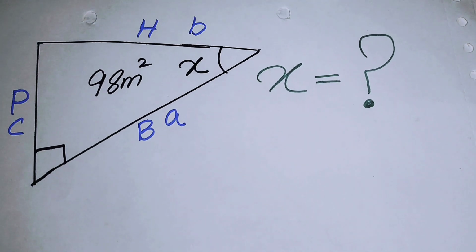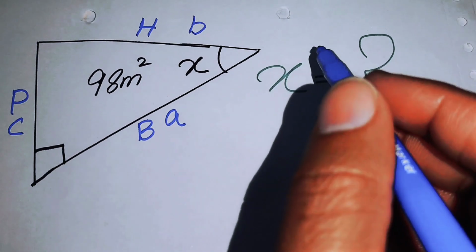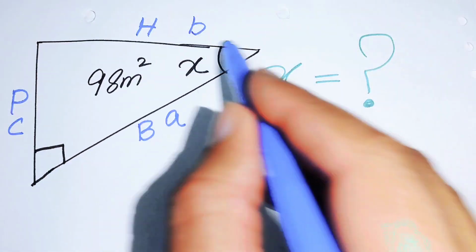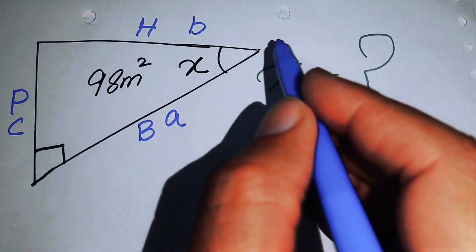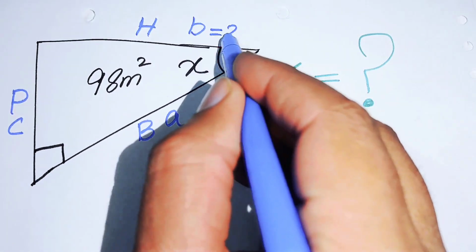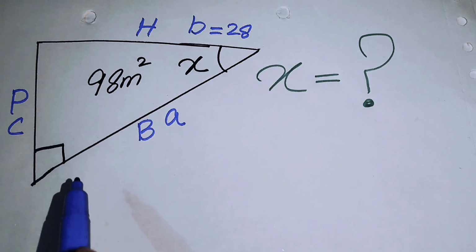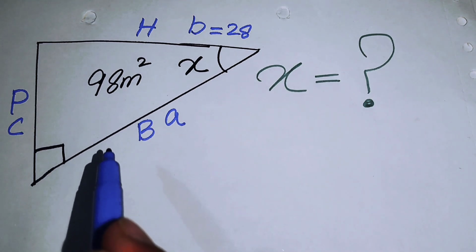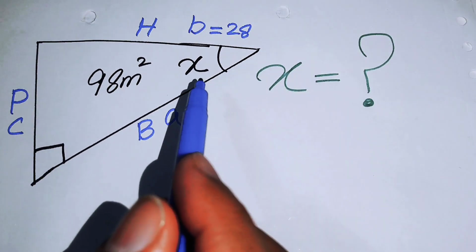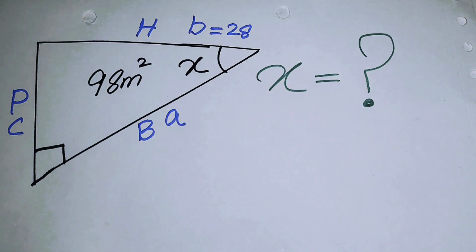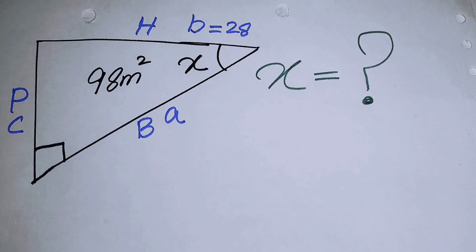And in this question we are given that the value of this hypotenuse is 28. So here we have this information about this right triangle, and now we move towards finding the value of this angle x. So the very first thing we are going to do is